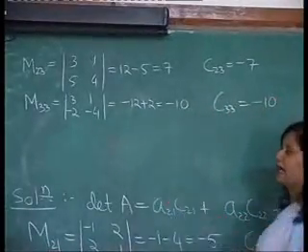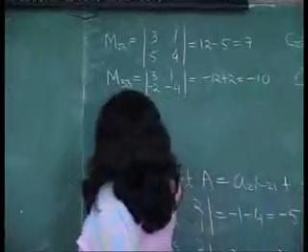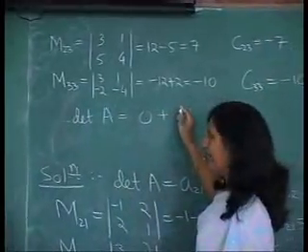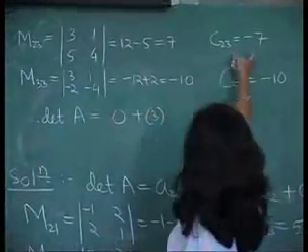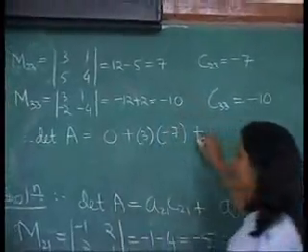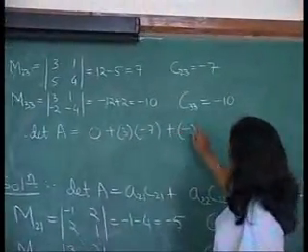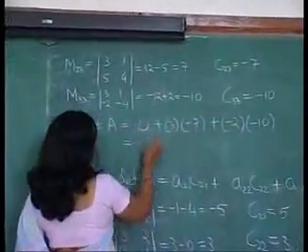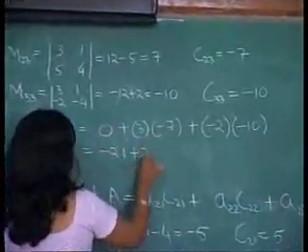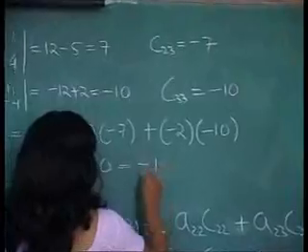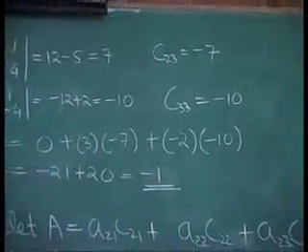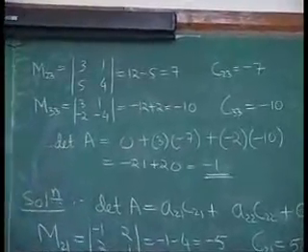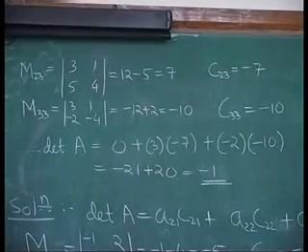And now let us substitute in equation 1. So determinant of A is, as I had mentioned, the first product is 0. Then we have A23, which is 3, into C23, which is minus 7, plus A33, that is minus 2, into C33, that is minus 10. So this works out to be minus 21 plus 20, which is equal to minus 1. So this is one very efficient method of evaluating the determinant of a matrix. Of course, a better method